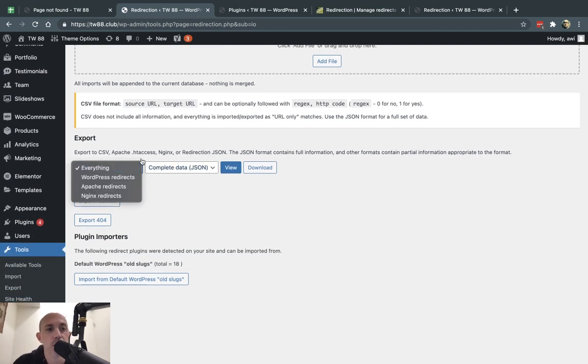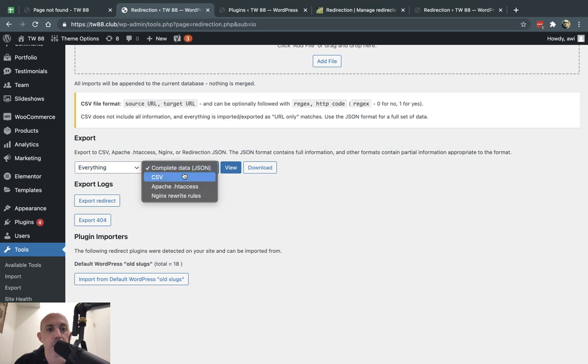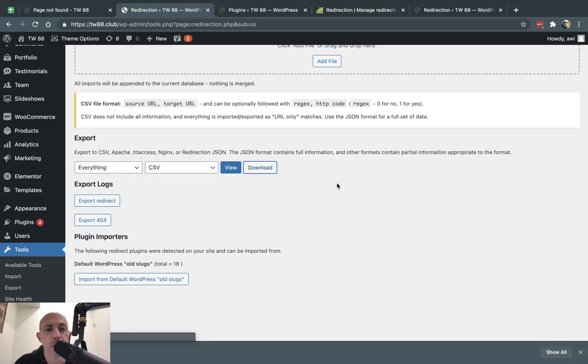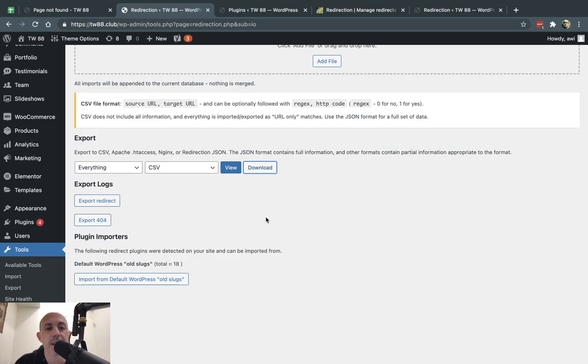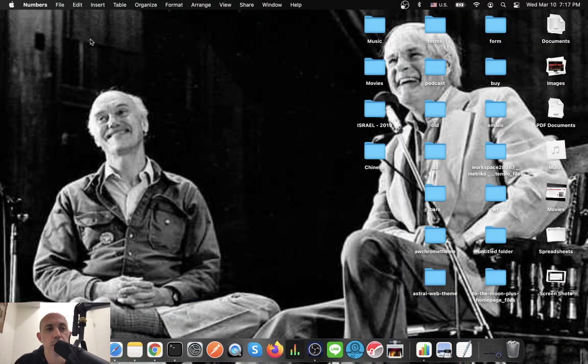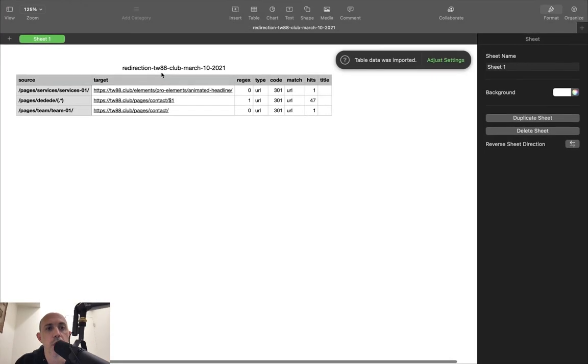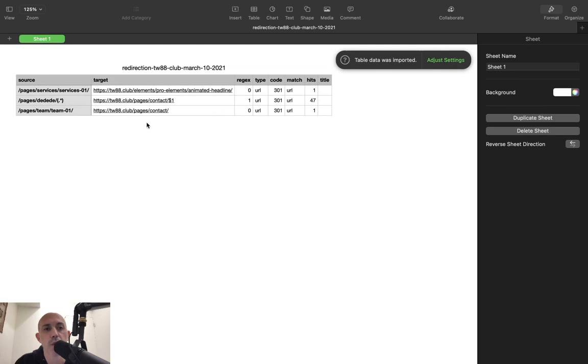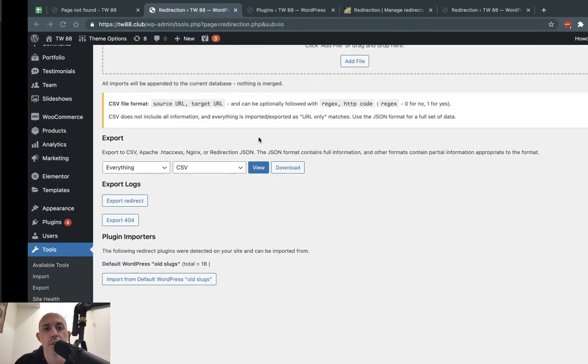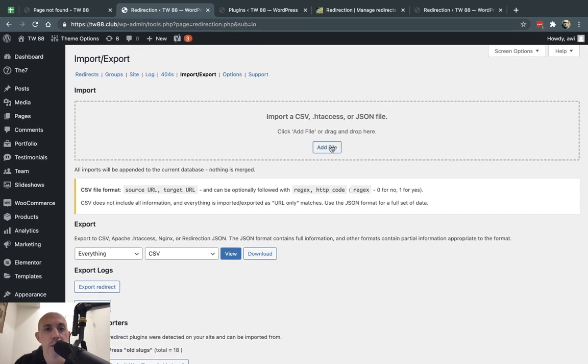So the best thing you should do right here is just go here, create a CSV, and click on downloads. Okay. And if you open that CSV, you'll see the structure. Very simple. All you're going to do is add rows by rows, 1, 2, 3, 4. Just add the from and the to, and then you go here and import the file. Okay. So really, really simple.